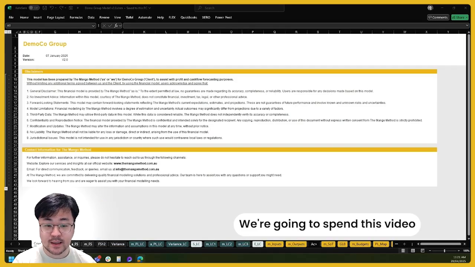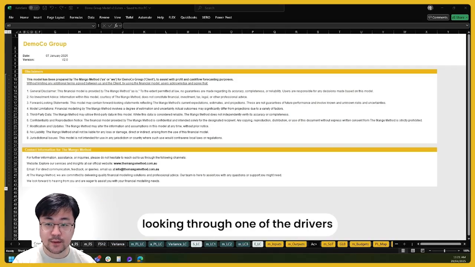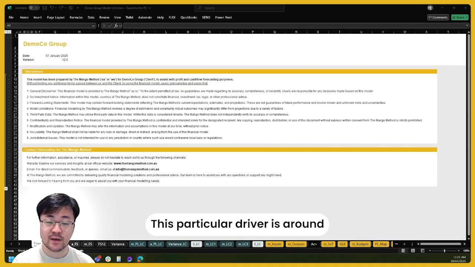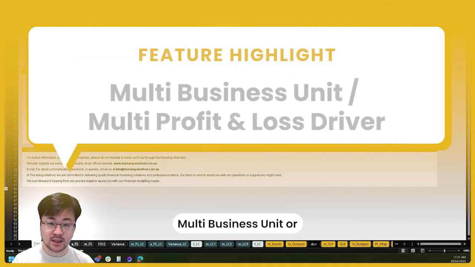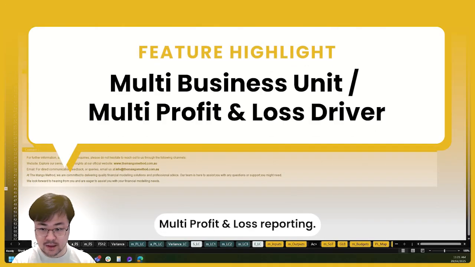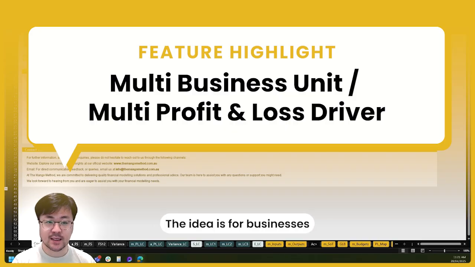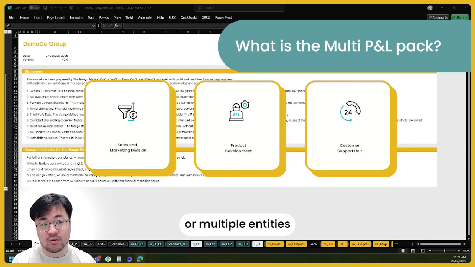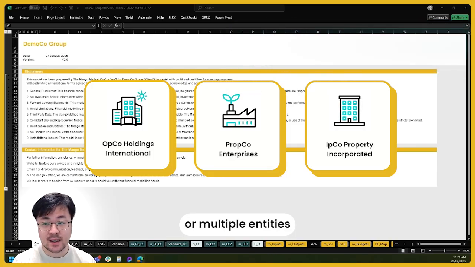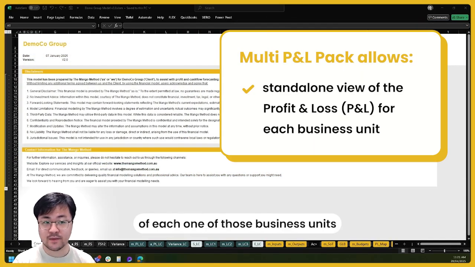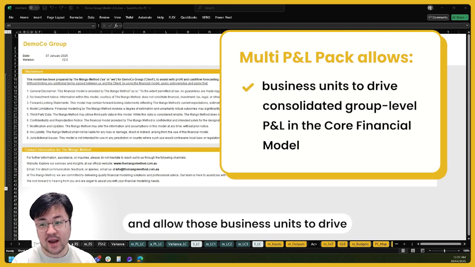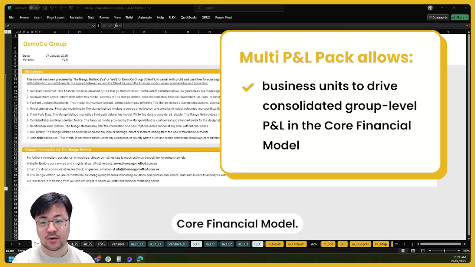We're going to spend this video looking through one of the drivers in the model. So this particular driver is around multi-business unit or multi-profit and loss reporting. The idea is for businesses that have multiple business units or multiple entities, to provide a profit and loss view of each one of those business units and allow those business units to drive the group consolidated core financial